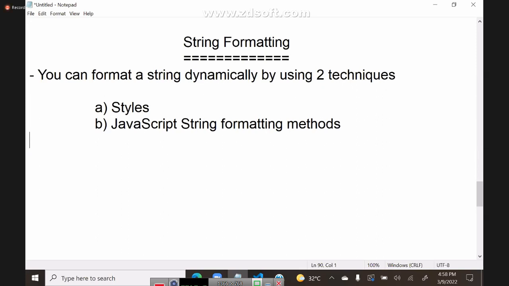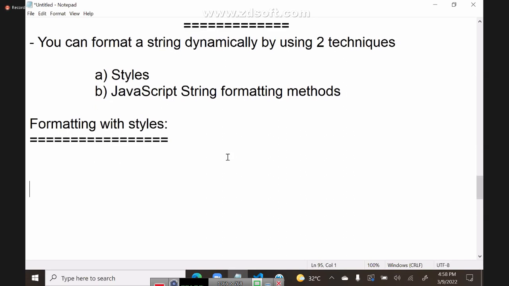So let's see one example. How to use styles and what are the string formatting methods. So first we will see formatting with styles. Formatting with styles, it requires